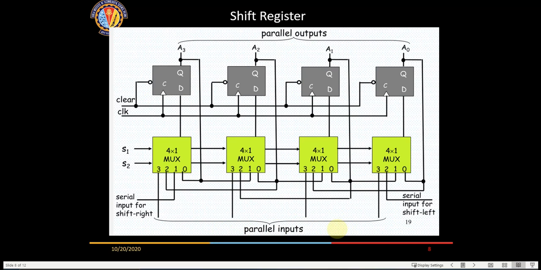So this is how we build a parallel to serial data converter. Suppose you have data coming from the CPU. You can dump that data into these registers, and then using S1 and S2, subsequently make it serial out. After dumping the data, if you enable serial input for shift right here, then for the next 8 cycles it will give you the serial output. Will it give the serial output here